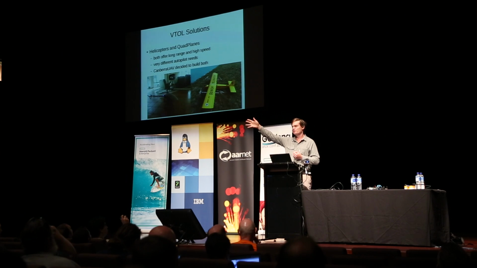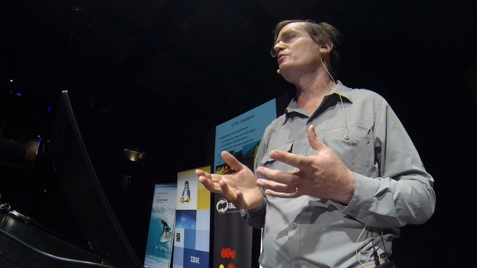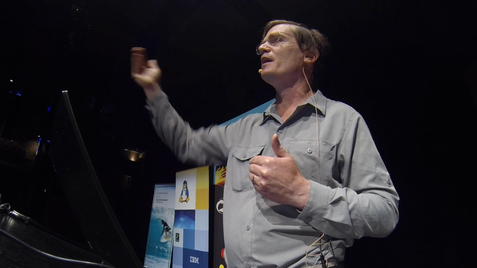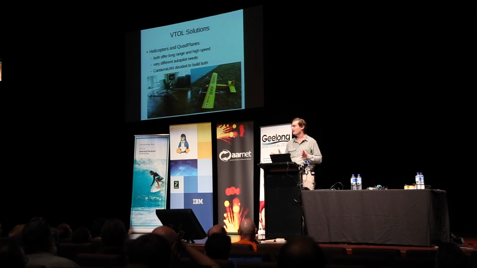And I mentioned there's a bit of a communications problem where you've got to have constant communication to your vehicle, even though it might be on the ground 15 kilometres away. And that is a challenge for radio technology over unknown terrain. So the solution is that you have two aircraft. So you actually have a second aircraft acting as a radio relay. So quite likely we'll end up with both a helicopter and a quad plane flying in this mission, one acting as a radio relay for the other.